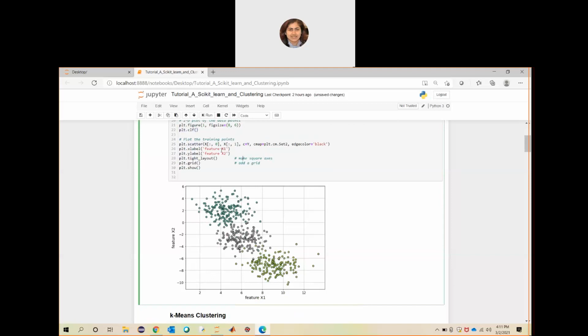In the scatter function, you are using the X dataset, its first column and second column, to plot the data in this way. This is a basic matplotlib plot.